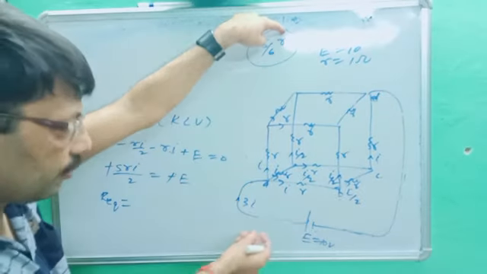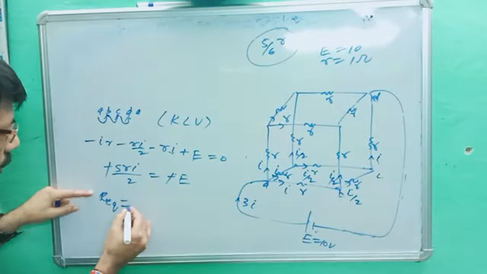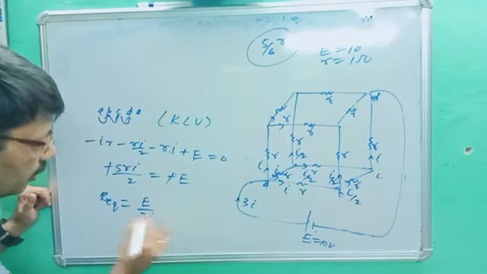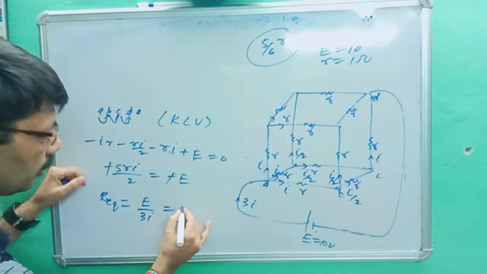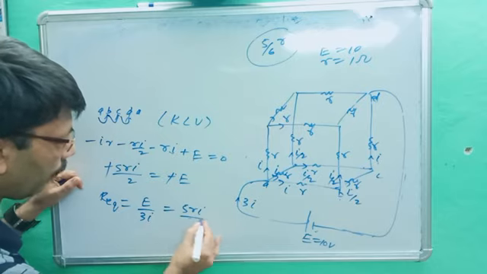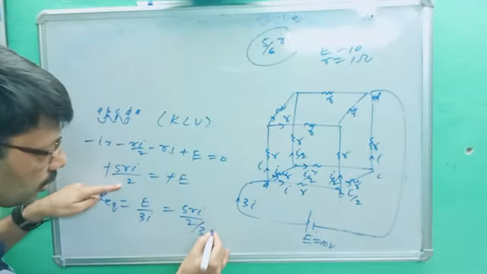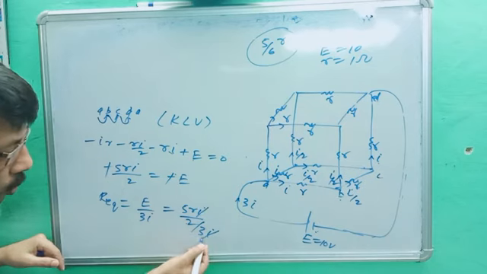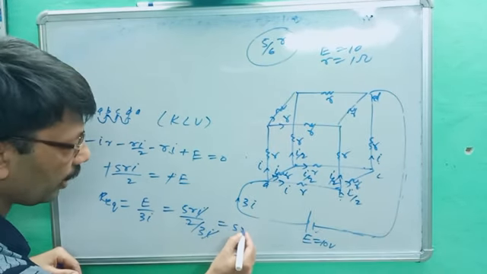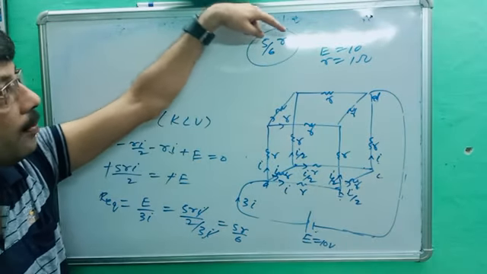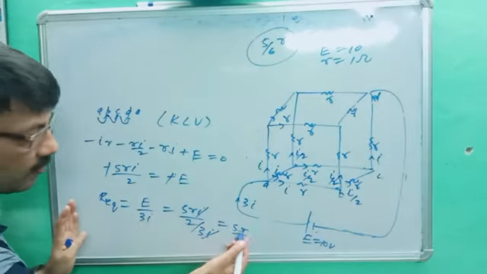So what will we get by Kirchhoff's law? You can see here, R is equal to V upon I. So total E upon total I. What is the total I? Come on, 3I. So total E, what is E? 5IR upon 2, by Kirchhoff's law, divided by 3I. I cancels. 2 times 3 is 6. What do we get here? Very easy: 5R upon 6. You can check there, by the direct method the answer was 5R by 6. Here by Kirchhoff's law, we are also getting 5R by 6.